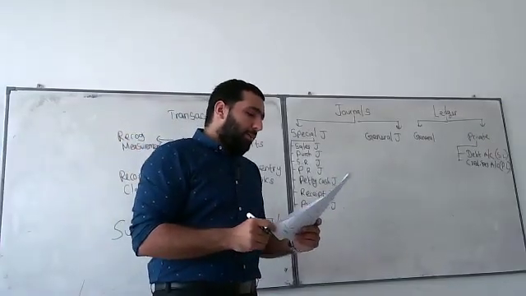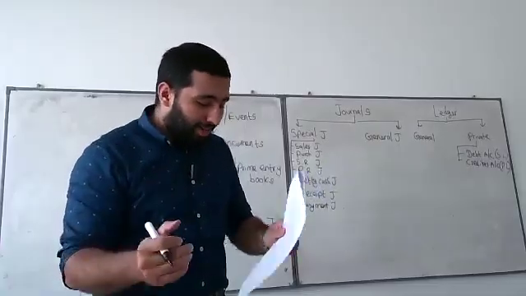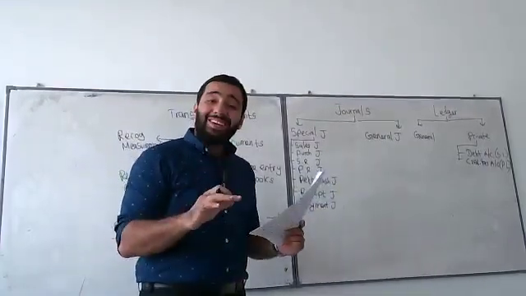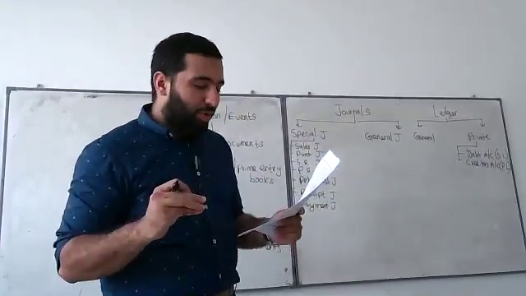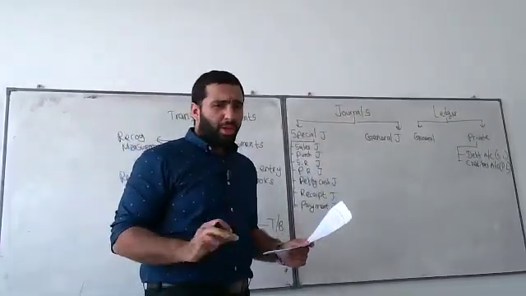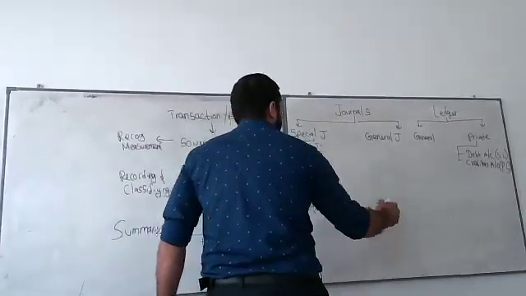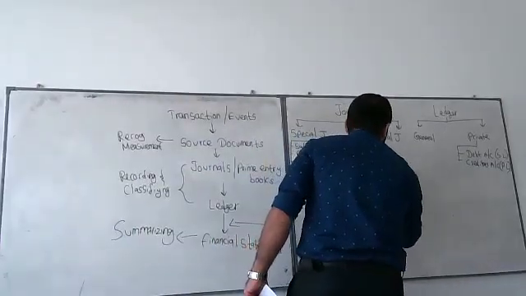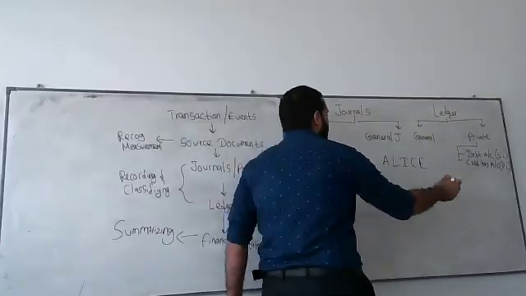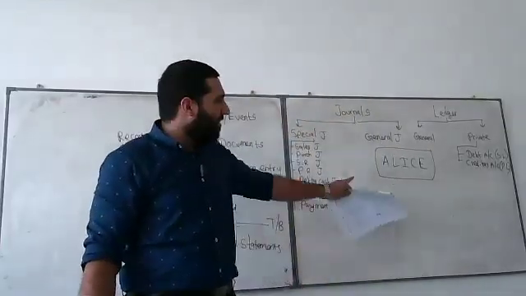Okay, and then books of prime entry: cash receipt journal, cash payment journal, purchase journal, sales journal. So those are the things. And then the ledger, yes, and the elements of accounting: assets accounts, liabilities accounts, income, expense, and equity. For this, there is a shortcut. What is the shortcut? The shortcut is a word you wouldn't have learned anywhere else. ALICE. Okay. The word ALICE.